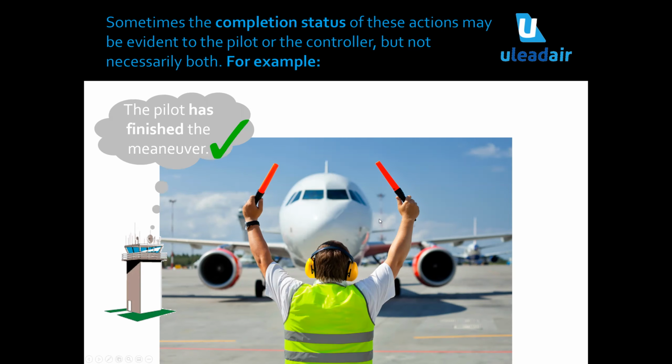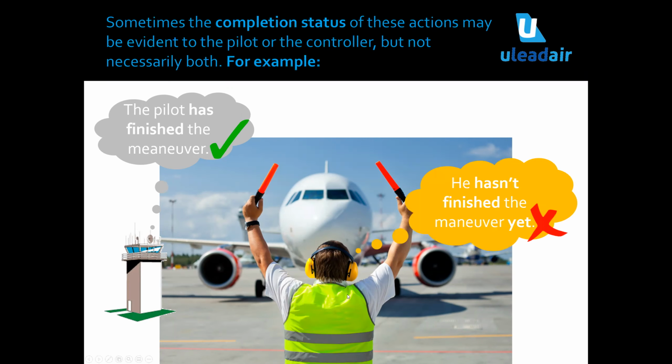So, for instance, the tower is looking and maybe he's waiting for the aircraft to clear the alleyway before he gives taxi instructions to another aircraft, whatever the case may be. And he's told them to let him know when he's clear of the taxiway or the alleyway. And the tower's looking over there, and they don't always have the best sight lines, especially near the terminal. So he's like, I think he's finished the maneuver. And of course, the ground personnel are like, no, he hasn't finished the maneuver yet. So he knows he's still blocking the tower.